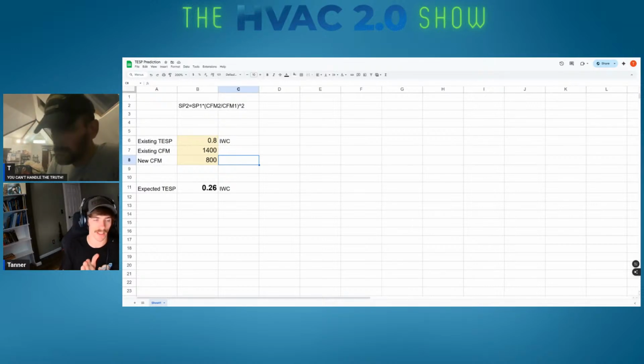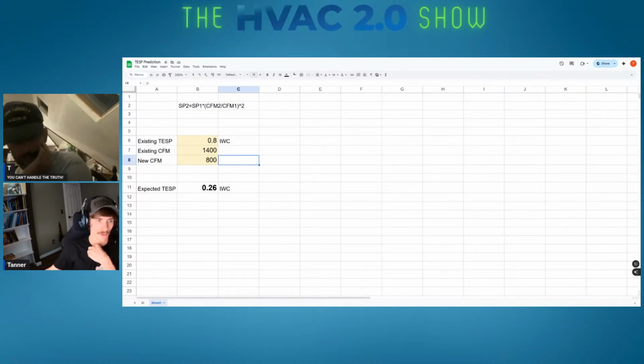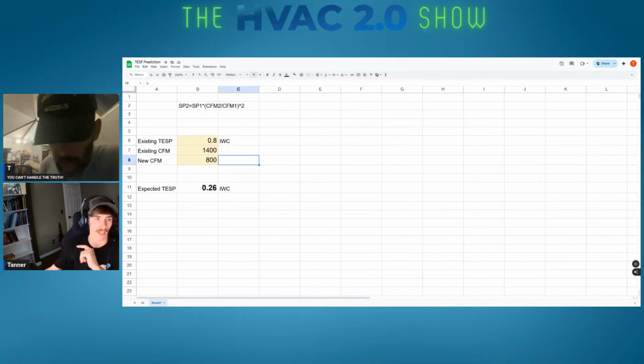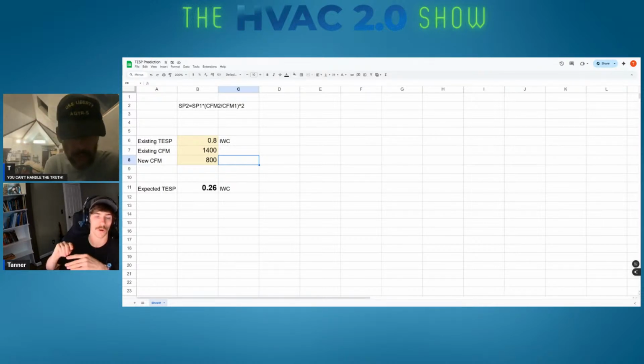Let's say we have one calculator for measured and one calculator for estimate. I think probably for estimating, there should be a range rather than a set static pressure. I'd have to play with the numbers and I would really need to look back at all the testing I've done. And really that wouldn't be enough. I'd kind of need to get a lot of data to look and see what's the testing of a lot of people, what have they seen, and then start to kind of build some patterns of